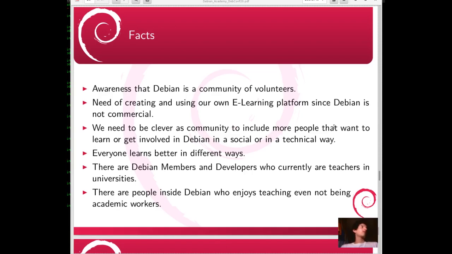So we need to be aware that Debian is a community of volunteers, and it is fantastic the things we have achieved during these years. We have a lot of knowledge, we have a lot of kind and friendly people with the willingness to help, but newcomers do not always have these points in mind. So also we need to create and to use our own e-learning platform, since Debian is not commercial, and this is great. We need to keep going that way,